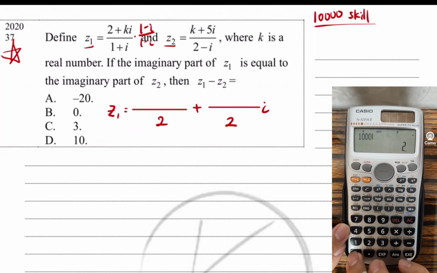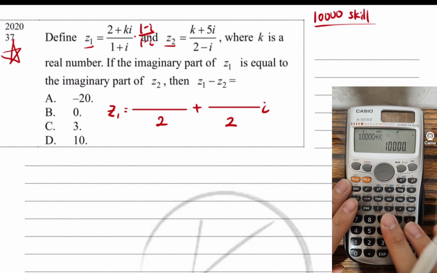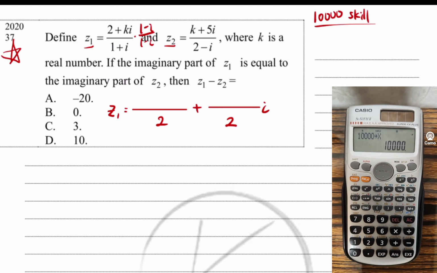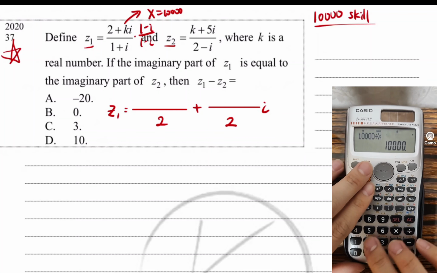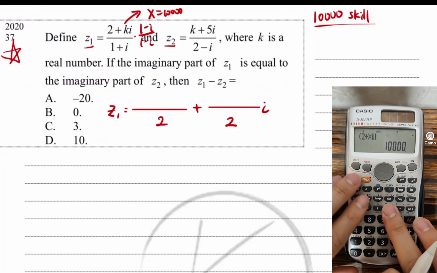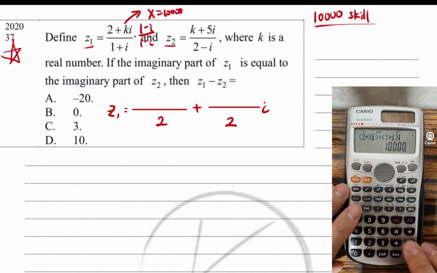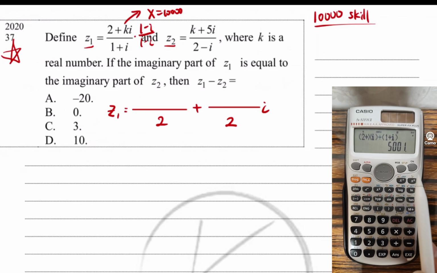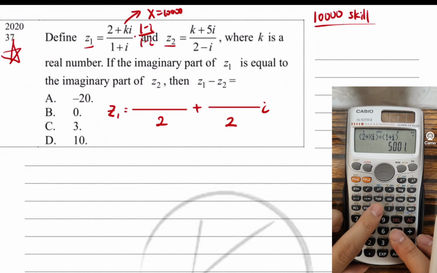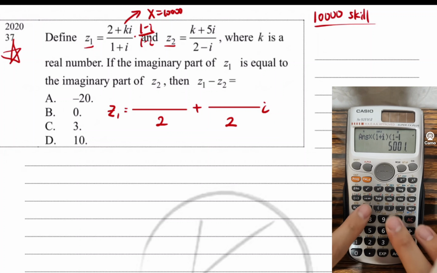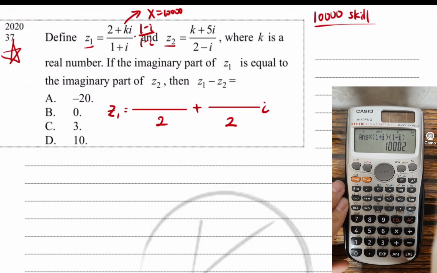Then what can we do? We store 10,000 into x, and then we substitute k with x. So we change it into x, storing 10,000, so your k will become x. So let's do it: (2 plus xi) over (1 plus i). You don't know what this value is, no worry. Just multiply by (1 plus i) and (1 minus i). Now you get